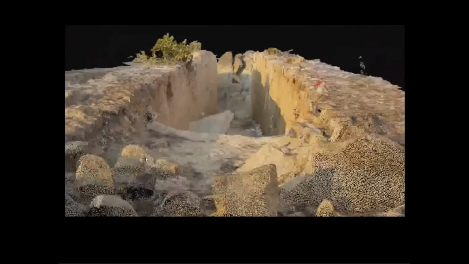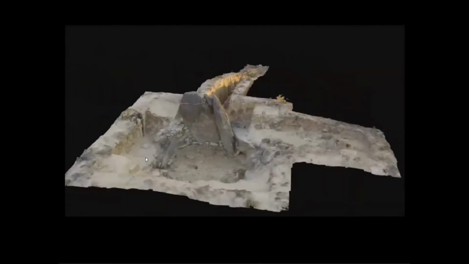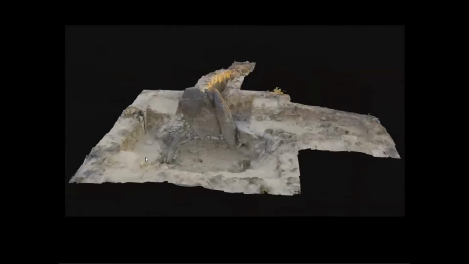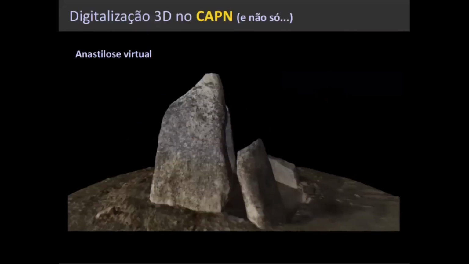So we can represent the detail of each of these sites and share it with the internet or other sites. We can also use these technologies to